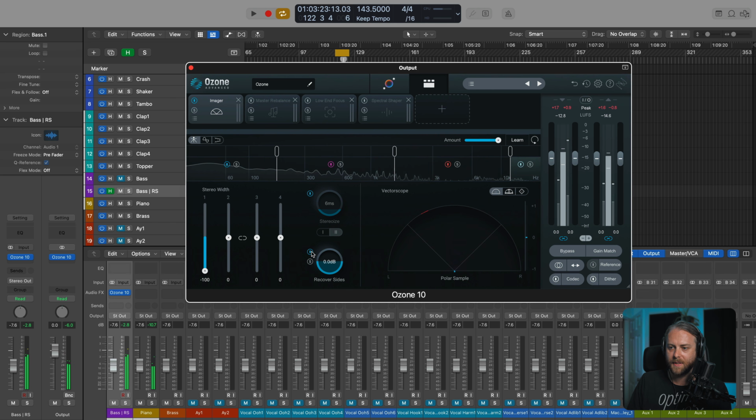If I turn recover sides on like this, I can take what's been folded down and monoized and recover the side information and add it. So we're going to the red a little bit, but listen to the before and after. Here's before with our kind of monoized low end, unfortunately. And after.